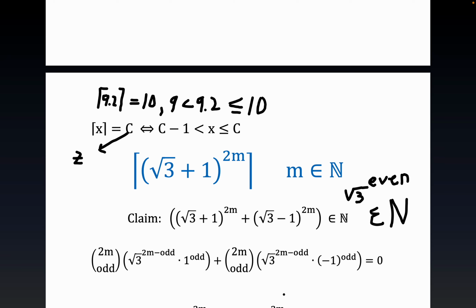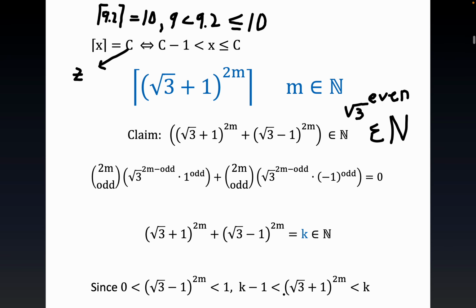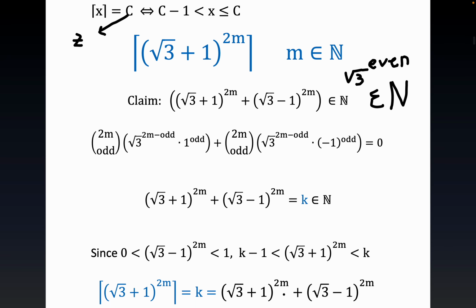Now let's move along. A lot of the work is out of the way right now. Now I just gave it a name, okay? I declared that it was a natural number, but I went ahead and just gave it a name because it's just easier to process. Now again, the square root of 3 minus 1 is less than 1, right? The square root of 4 minus 1 is just 1, so the square root of 3 minus 1 is less than 1, and when you elevate it to a higher exponent, it's still going to be stuck between 0 and 1, right? Okay, and so